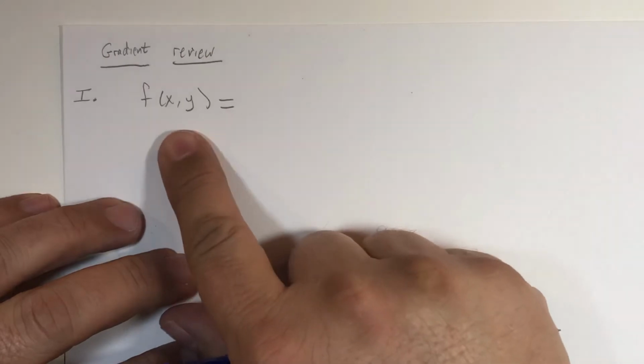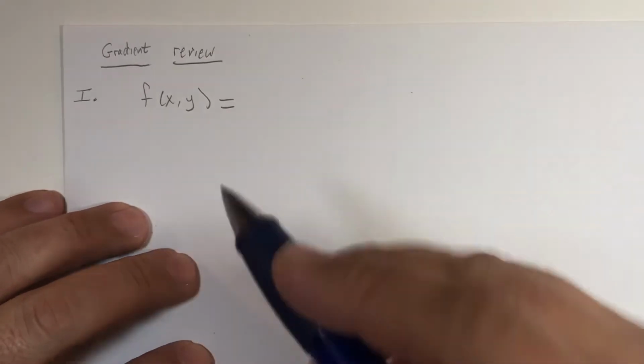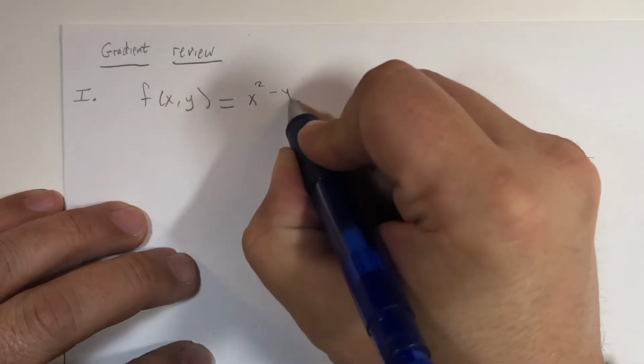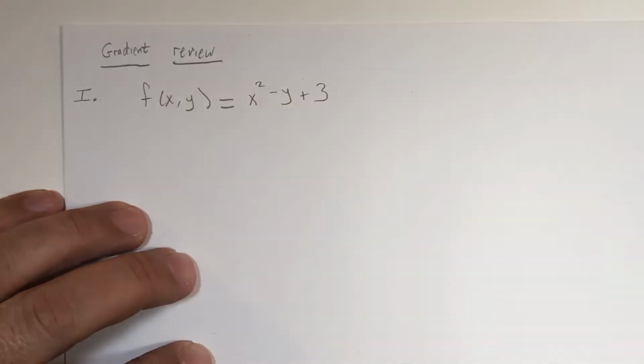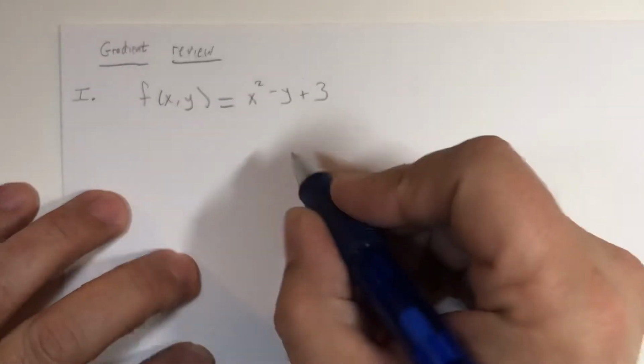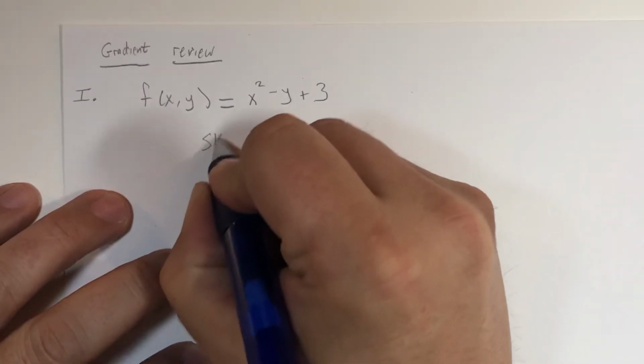So we have a function of two variables. Let's suppose f of x, y was x squared minus y plus 3. This would graph into some sort of a three-dimensional shape that we don't necessarily know what it looks like. We have this direction that we're going to sketch